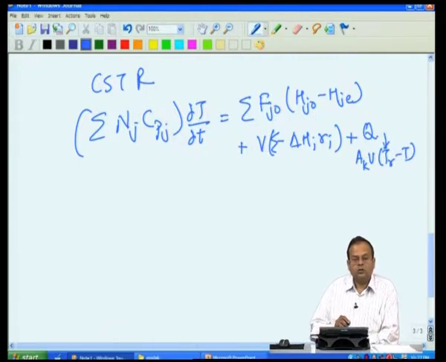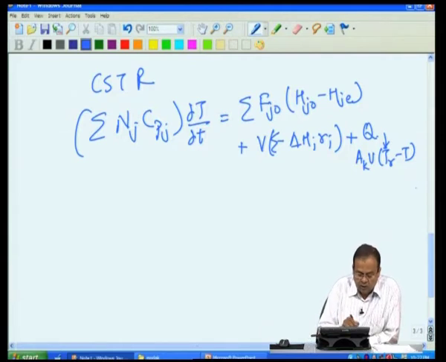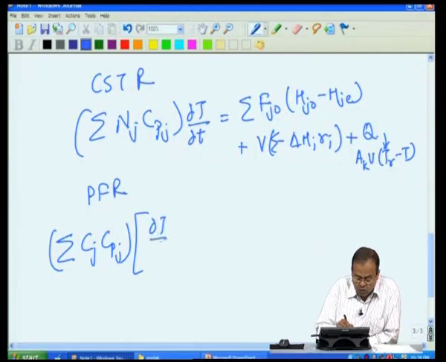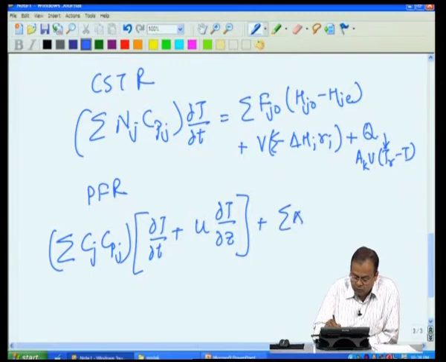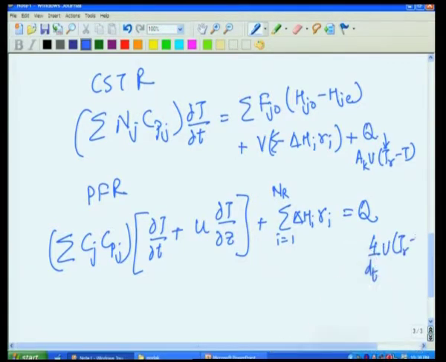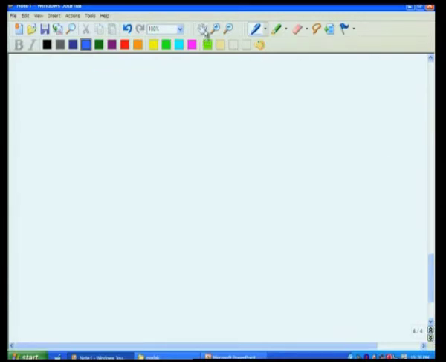So, this is my energy balance for my stirred tank reactor, and for my plug flow reactor my energy balance is summation Cj Cpj into dT/dt, the accumulation term, plus the convective transport term, plus the reaction term, equal to Q, where Q here is 4 by dt U into Tr minus T. So, this is my stirred tank reactor equation, this is my plug flow reactor equation, and let us first try